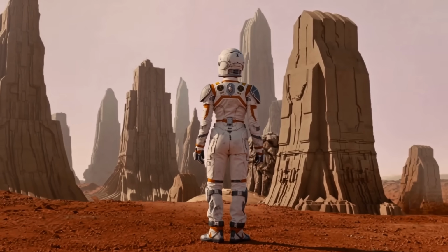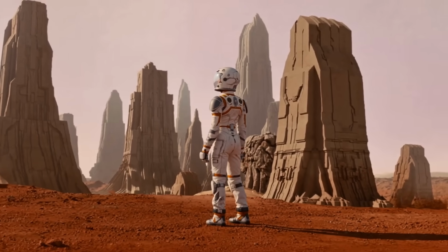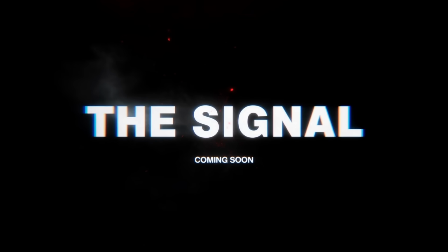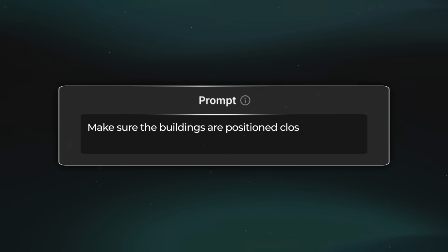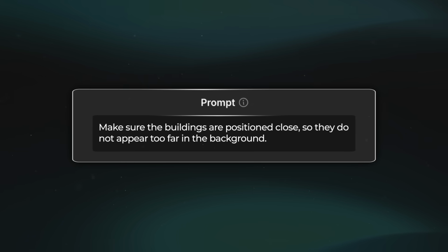When clip 4 comes back, there are 2 things to look at. First, check if the alien buildings in the background actually feel as huge and far away as they should. Second, see if the move into the title card feels smooth or if it happens too fast. If the buildings look too small, you'll need to make it clearer in the camera direction that they're way further back so they feel massive. And if the transition feels rushed, just add a bit more detail so it fades in more slowly and feels